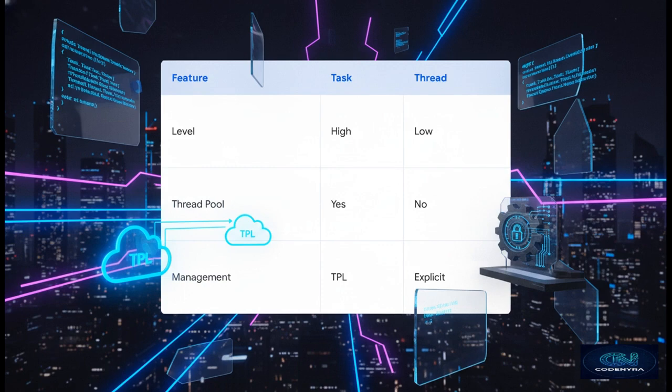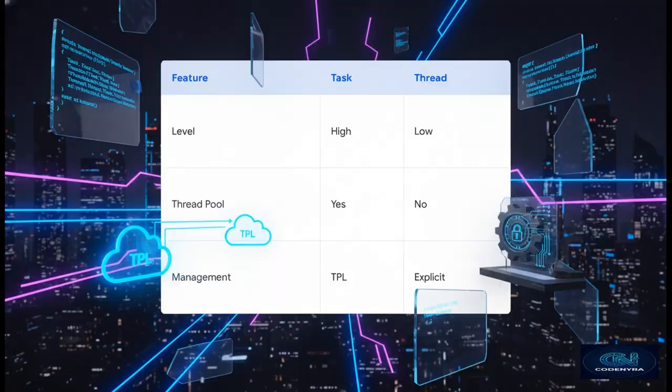So why do we use tasks? Well, a thread is a very low-level, super heavy operating system abstraction. It requires explicit and, honestly, often really complex manual management. A task, on the other hand, is a high-level abstraction. It's managed by the Task Parallel Library, or TPL, and it automatically and incredibly efficiently utilizes the thread pool. You can think of it as this highly optimized, floating representation of work that just integrates perfectly with our async